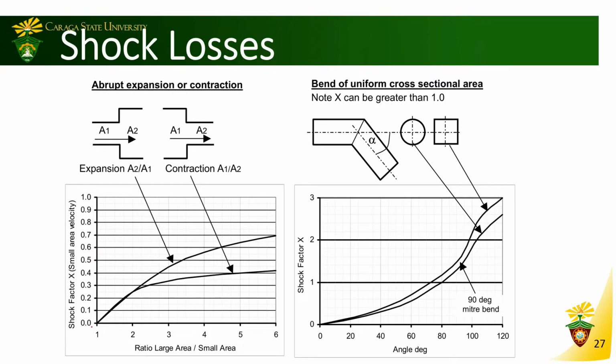So we just need to look at the ratio and look at this corresponding graph to determine the shock factor X. For a bend of uniform cross-sectional area, depending on if it is a circular pipe or a square or rectangular pipe, the sharper the bend, the greater the shock factor X. So if the angle alpha here becomes increasingly larger, if we compare this bend to a bend that is 90 degrees, then